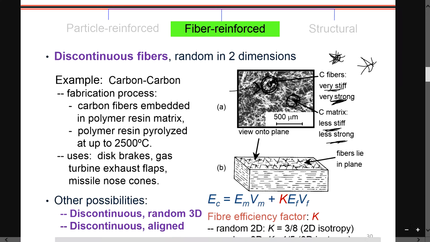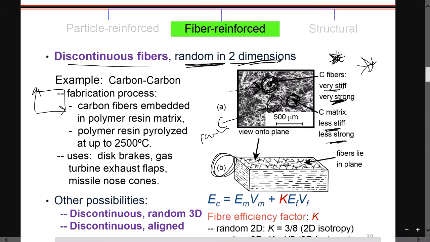These continuous fibers, in terms of random, are randomly aligned. As you can see, they are all randomly aligned. So you randomly align in 2 dimensions, meaning the x-axis and the y-axis, like this. At this stage it's talking about fibers lying in plane. With different planes, you have different fiber orientations, random